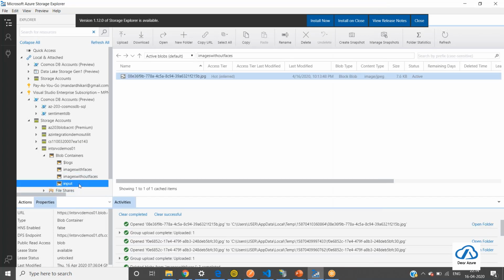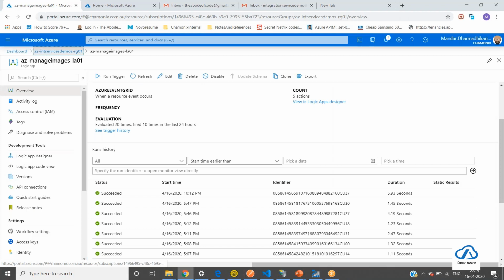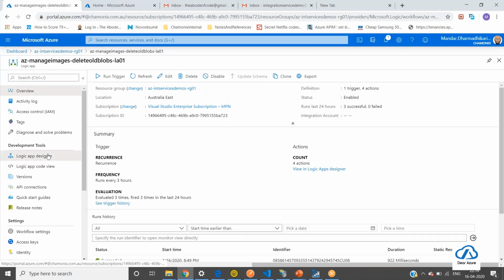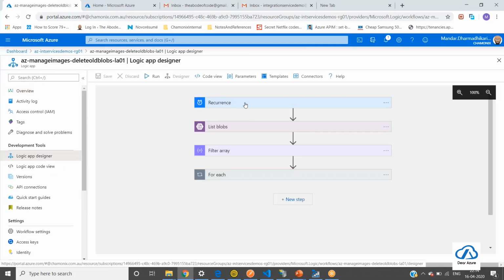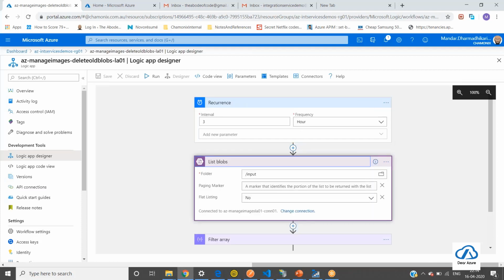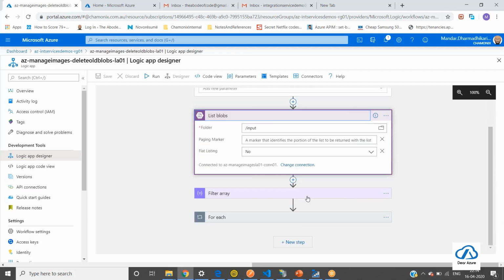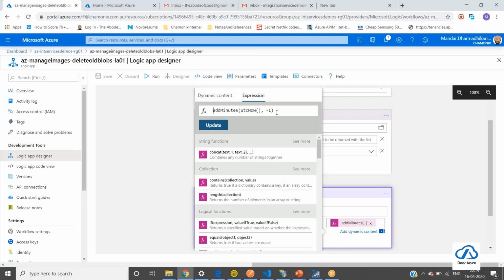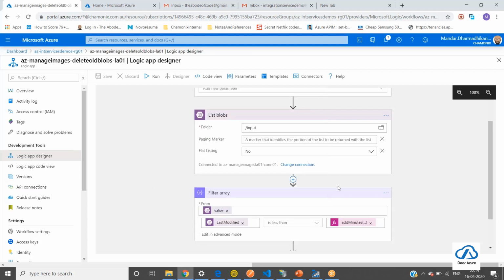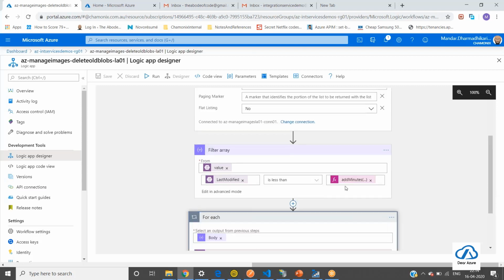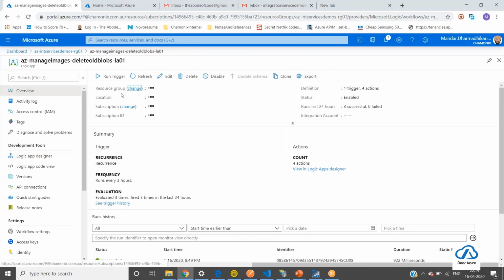Now, as I mentioned, there is another workflow which deletes the blob from the first container, input container. So this is the Logic app for that. What it does is it's recurrence based. So it runs every 3 hours. And what it does is it lists the blobs inside the input container in that particular blob storage account. And it filters out all the blobs which are older than 1 minute. So it takes only those blobs which are older than 1 minute, and basically on each of them it runs the delete blob action. So if I go ahead and manually trigger this,